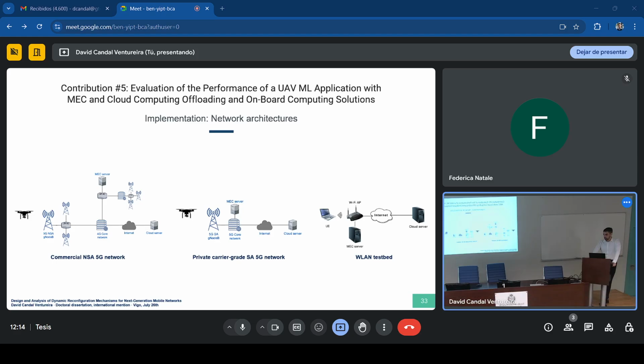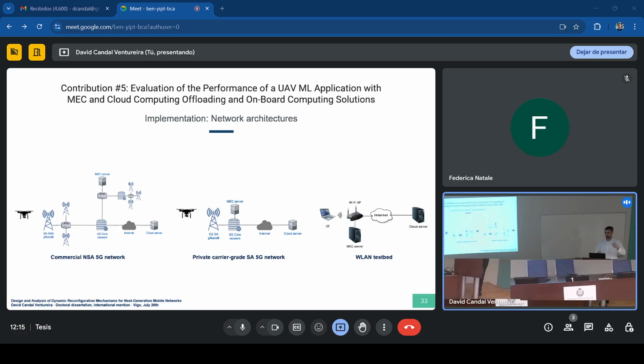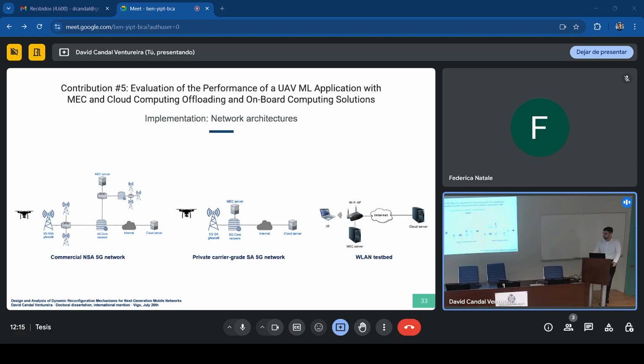Regarding the edge evaluations that we conducted in the university with our 5G network and also with the Wi-Fi network, we implemented an edge platform in our data center, where the core network of the 5G network is also deployed, and we connected the Wi-Fi AP to this data center. So all these elements, the core network of our network, our Wi-Fi network, and the edge platform, are collocated.